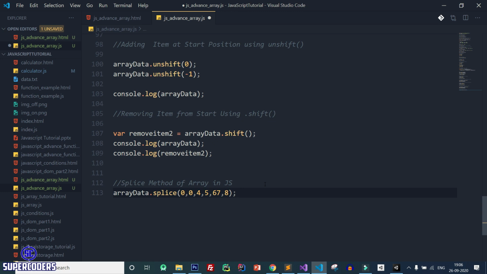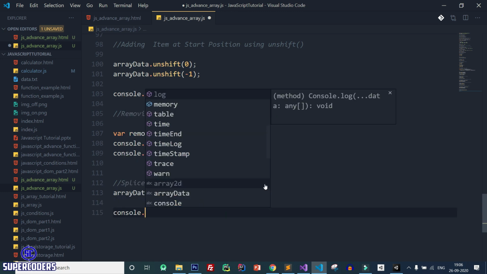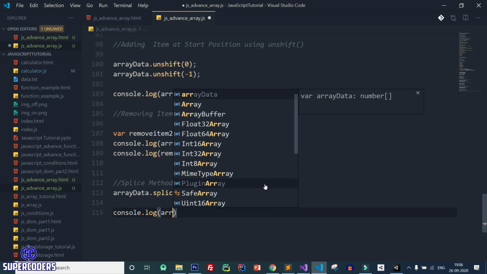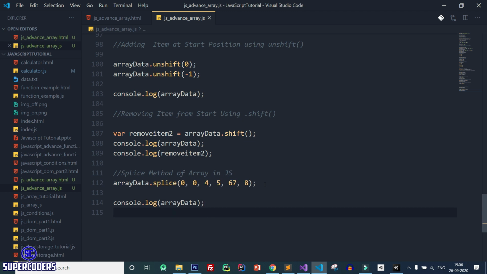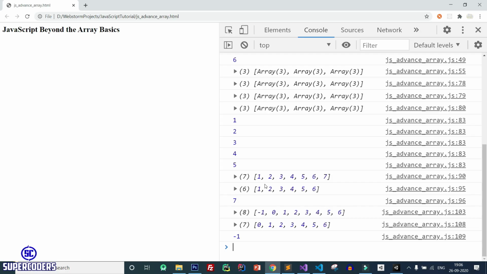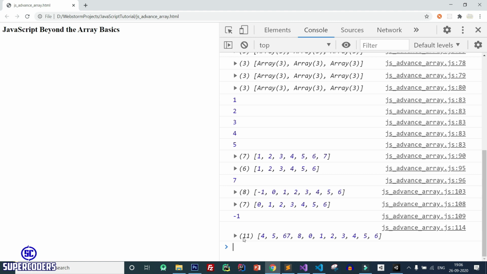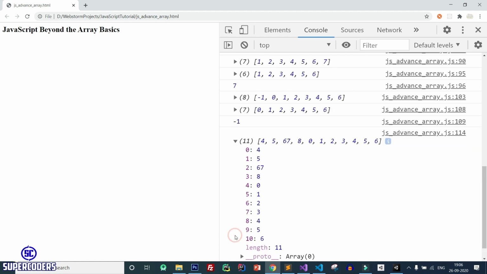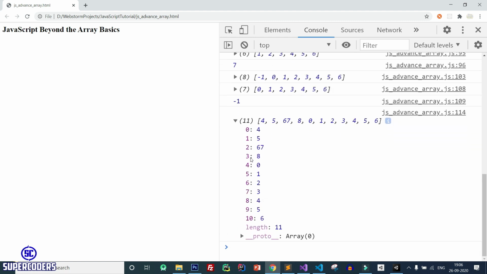After that let's print, console.log array data. So save it and back to Chrome, refresh the page, and here you can see our new items have been added in the array using the .splice method.